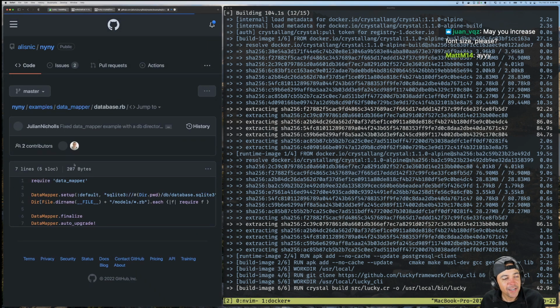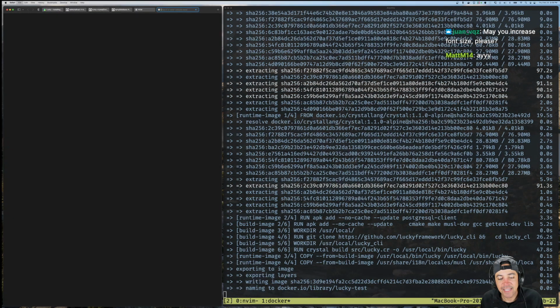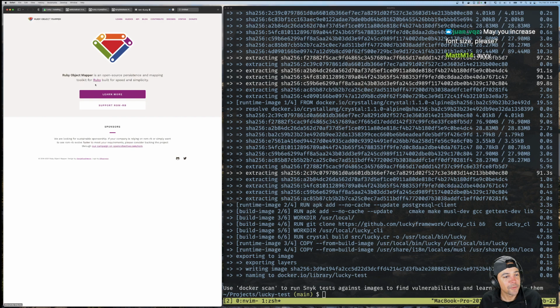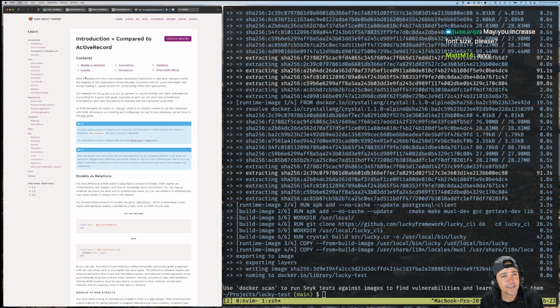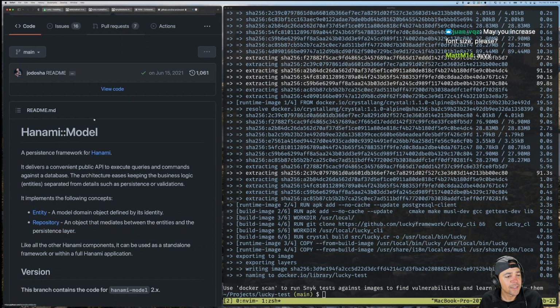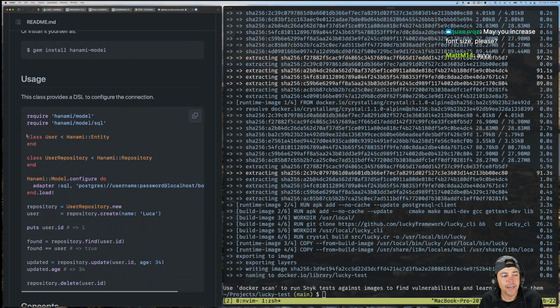But yeah, I was interested in the data mapper thing. I saw it today. I think there's 3 competing alternatives to Active Record. There's this thing, data mapper or ROM or whatever. And there's Hanami's thing, Hanami model or something. I already had it right there. Hanami model. Yeah, I like the Hanami. I actually like the way it works, how they split up the database changes from the actual row thing. So they have a table and a row class.